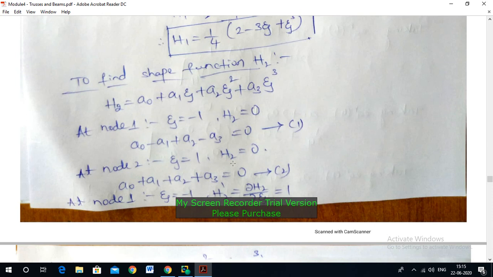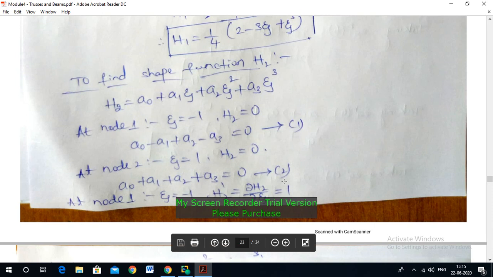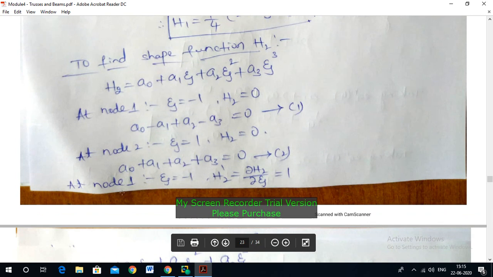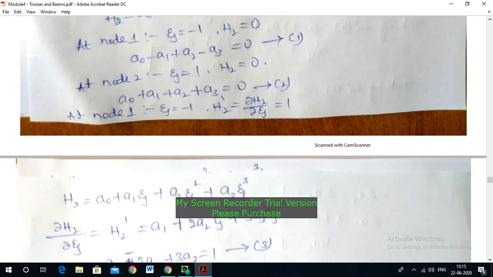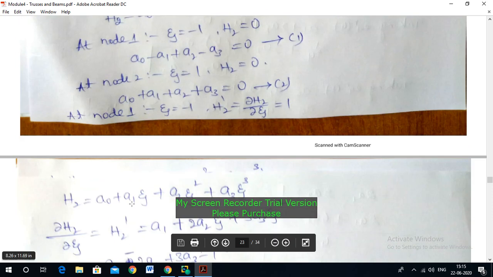I take the boundary condition, substitute zeta is equal to 1 and s2 is equal to 0 in the original polynomial equation: a0 plus a1 plus a2 plus a3 equal to 0. I call it equation number 2. And similarly at node 1 the boundary condition is, if zeta is equal to minus 1, s2 dash is equal to del s2 by del zeta is equal to 1, and therefore s2 is equal to a0 plus a1 zeta